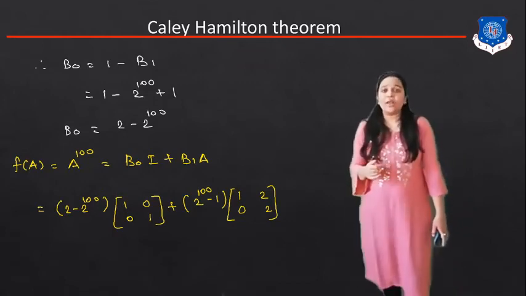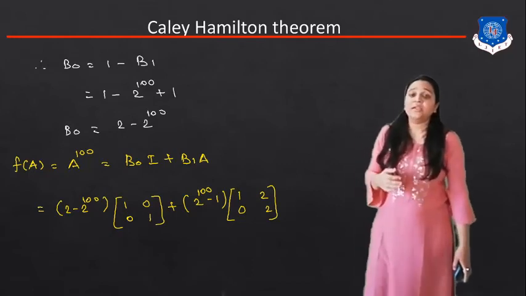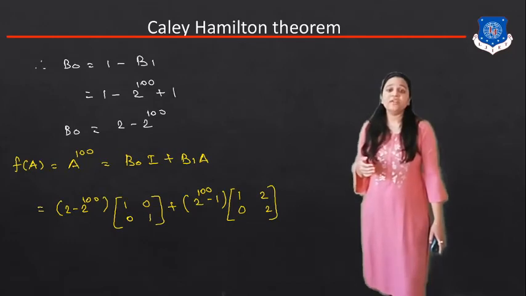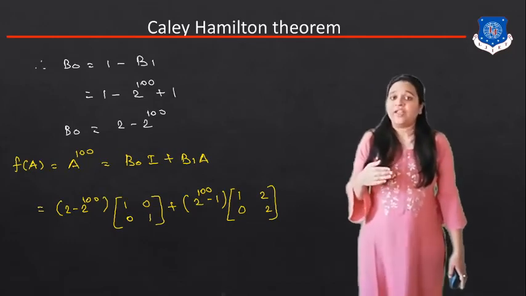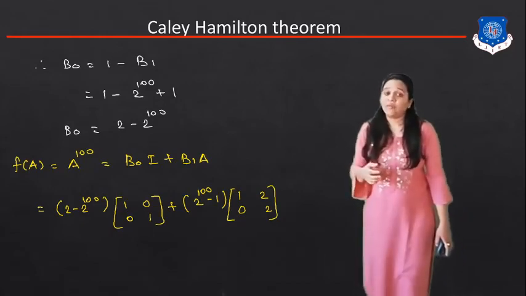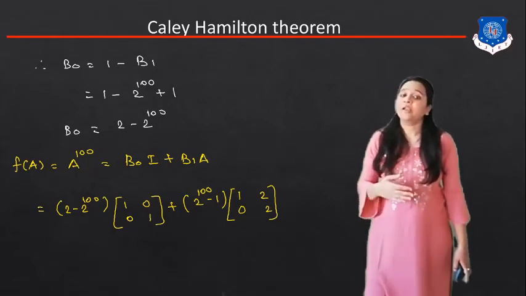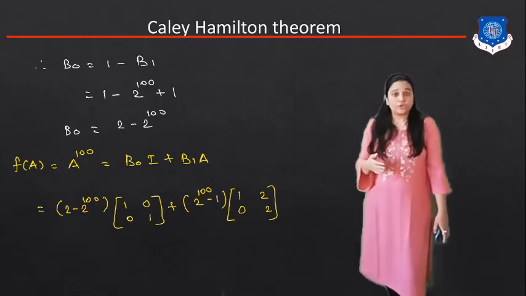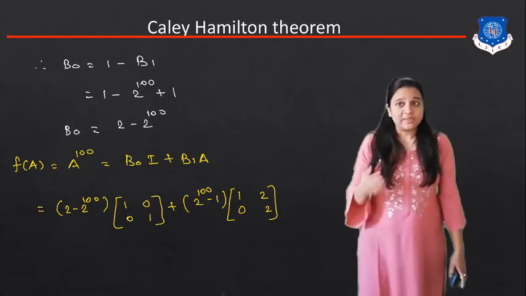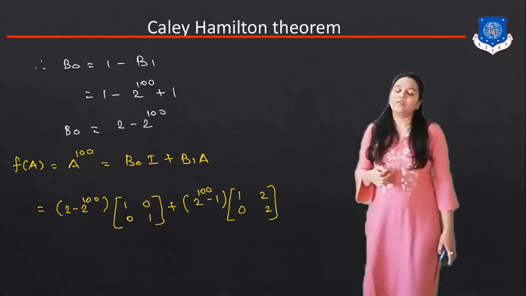So depending upon the marks, you have to calculate this final answer. Okay, so this is all about the Cayley-Hamilton theorem. Using the Cayley-Hamilton theorem, we can easily find the value of function of A. Now in the next session, we will study how to find the value of phi of k using the Z transformation method. In this, they will give the value of the G matrix, H matrix, then the C matrix, and then we have to find the value of x of k and y of k. Whenever we find the value of x of k, first of all we have to find the value of x of z, and that's why we have to use the Z transformation method to find the value of phi of k.